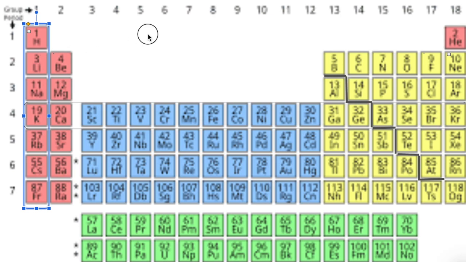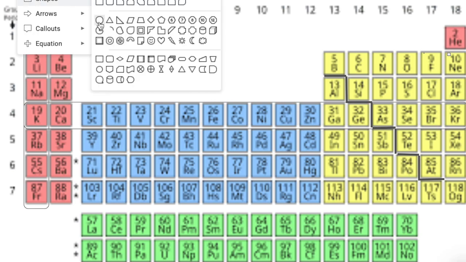Now, groups tell you similar properties. Groups tell you which elements have similar properties. Periods tell you how many energy levels each element has. Like hydrogen has one energy level. So, let's go up here to